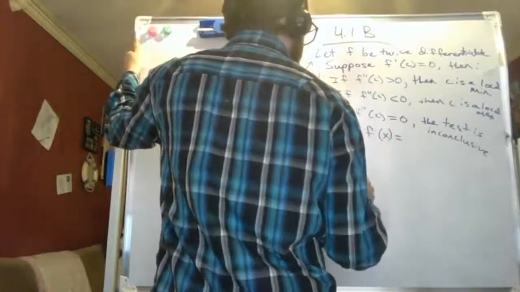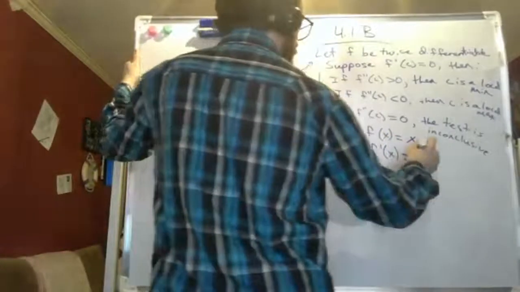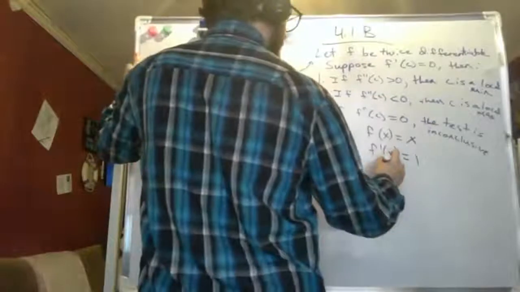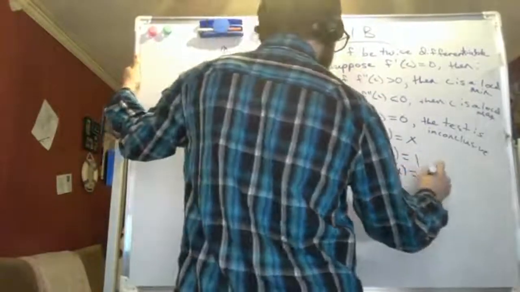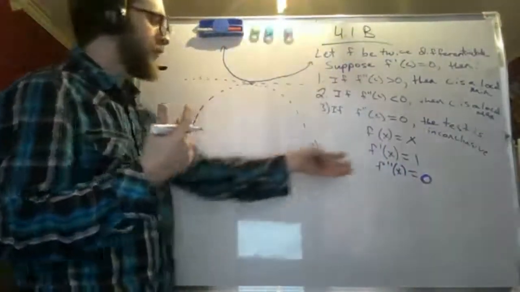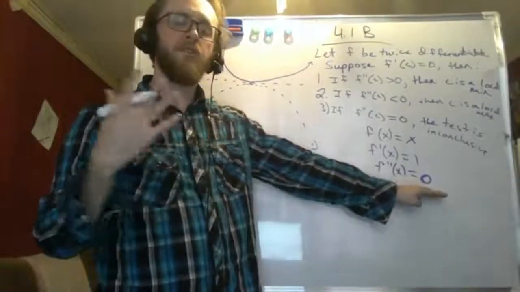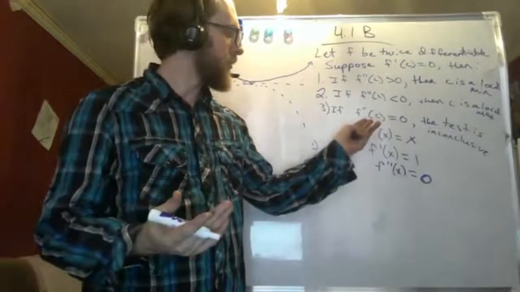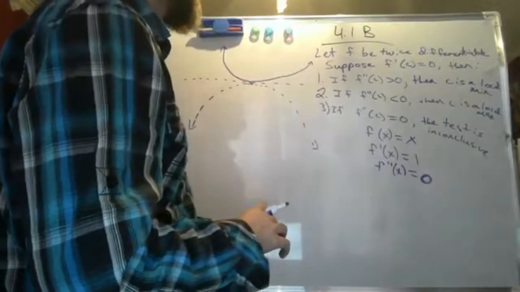If f of x equals x, then what do we have? Well, then f prime is equal to 1. F double prime, what's the derivative of a constant number? Is 0. We have a constant for our first derivative, and so when we take the second derivative, we end up with a value of 0. So what do we have going on here? Well, if we're picking,